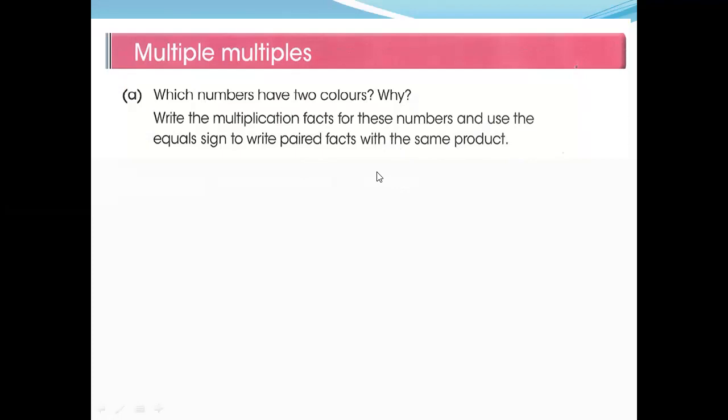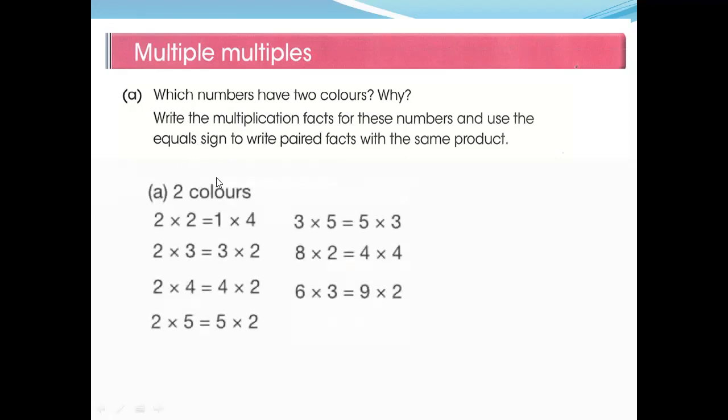similar answers. Like this, 2 multiply 2 is 4 and 4 multiply 1 is also 4, so for a similar answer you make a color. Okay, so at the end you will find many colors, like 2 colors, 3 colors, four colors. So let's check which of these numbers have two colors. No need to write why, just write down which show you two colors. Okay, let's start. Two colors.